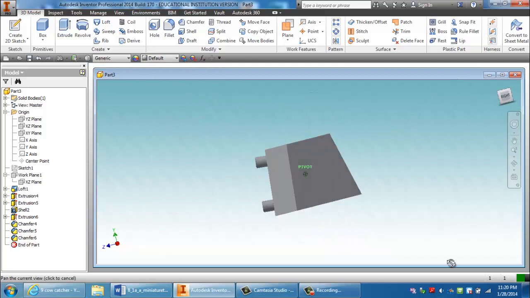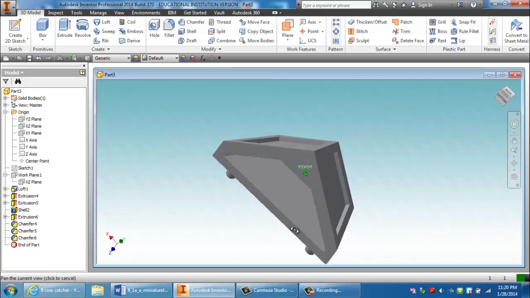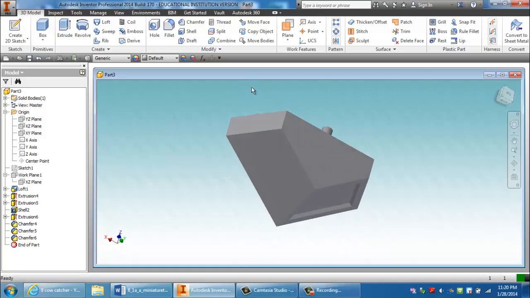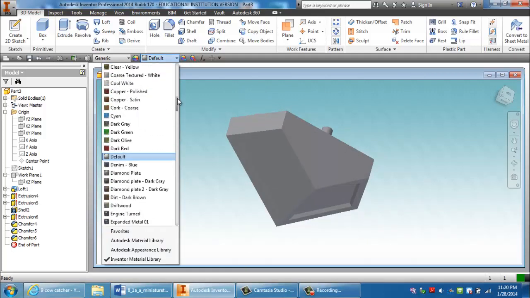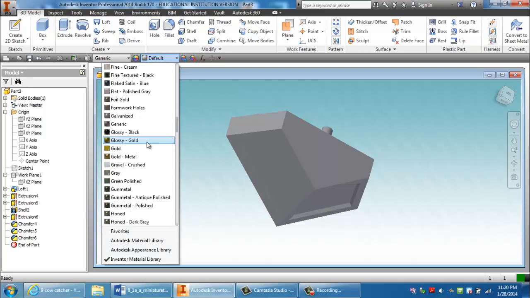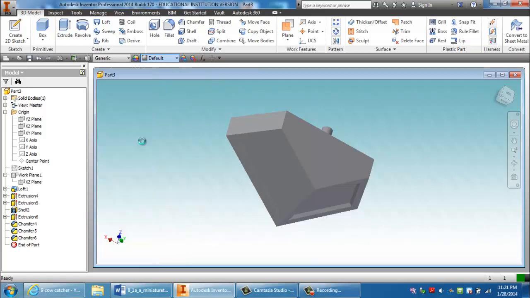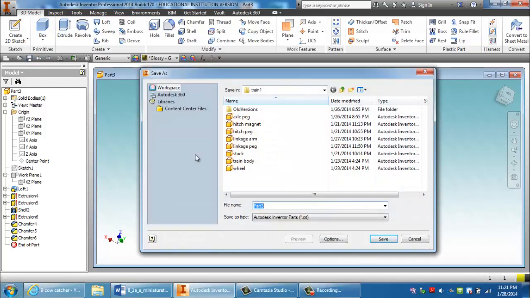Okay, so we are finished. We will go ahead and change our color. I want my gold. Go ahead and save. This is the last part, so we're finished. We're ready to assemble the